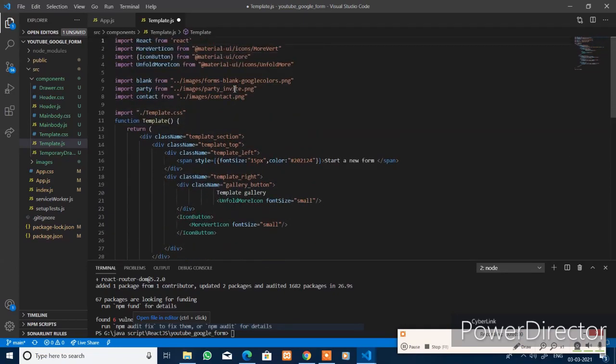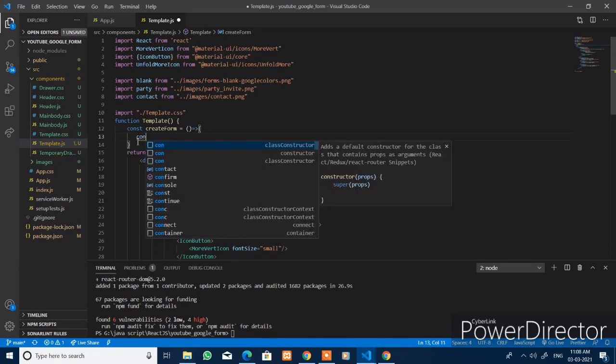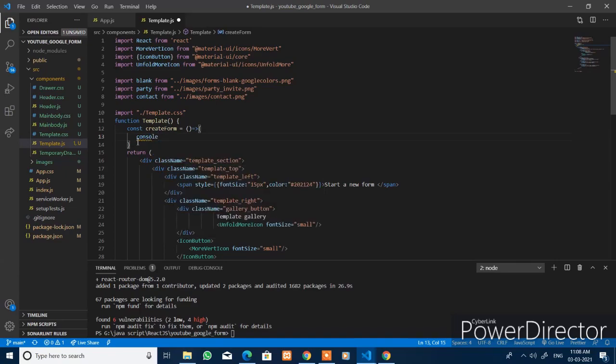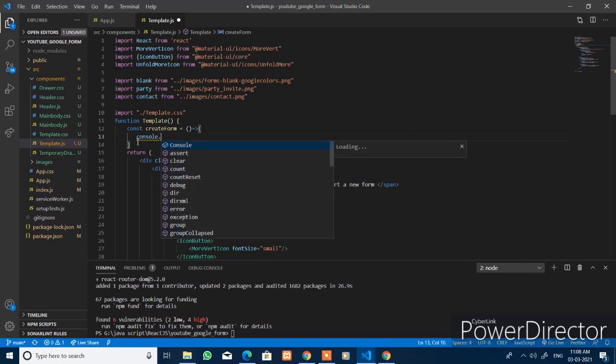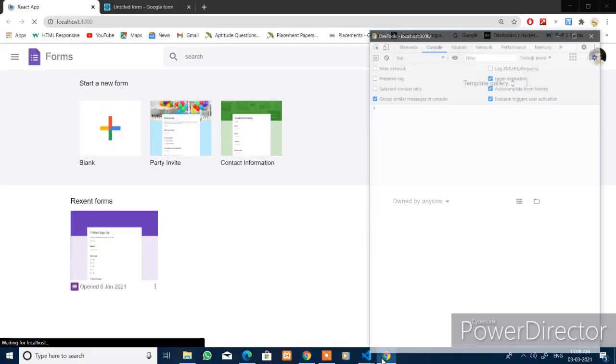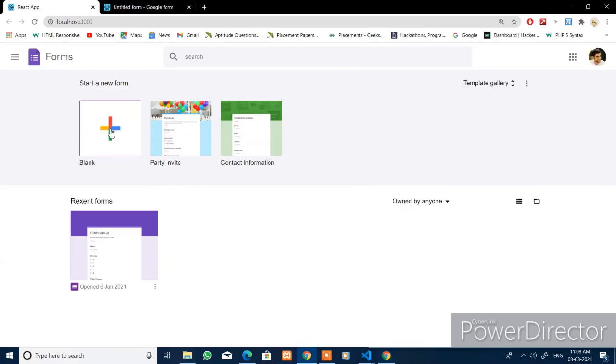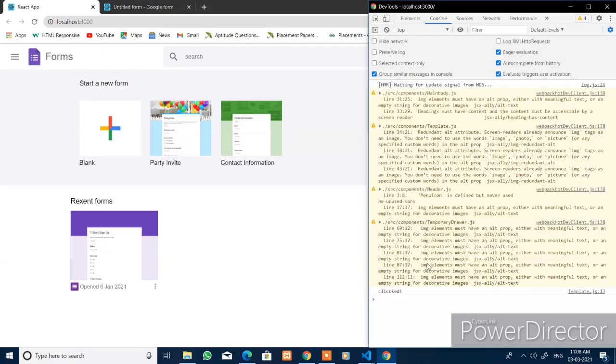Go to the top of the file and define createForm, and inside the function add a console.log. Now save the file and open the browser. Whenever the user clicks on the blank image, the click is printed in the console.